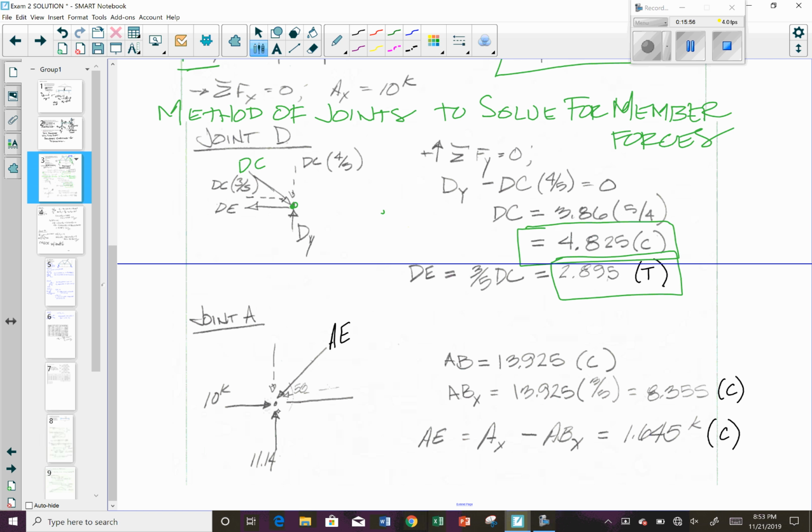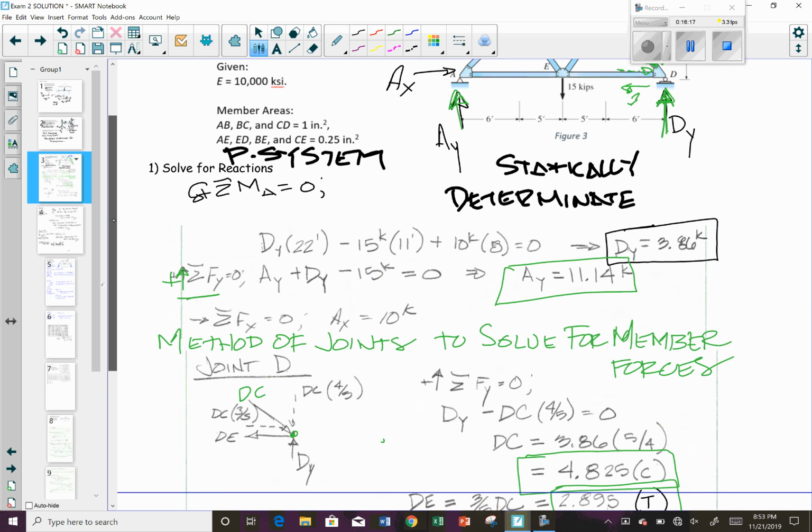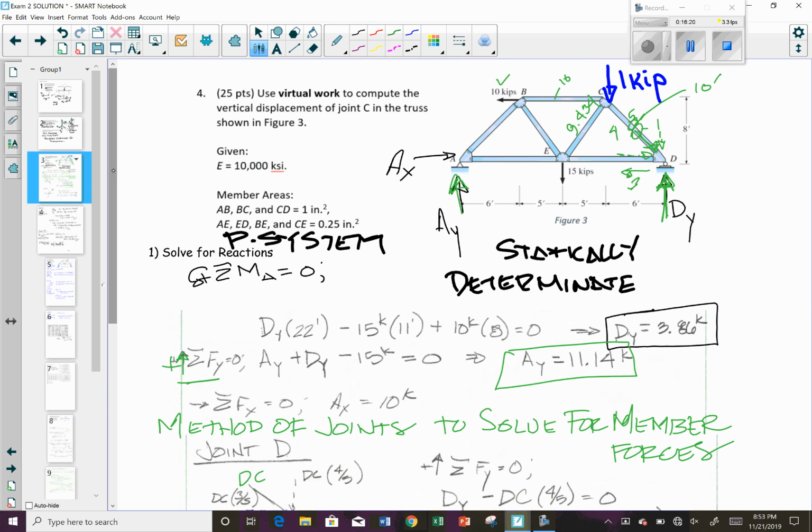At joint A, I've got the same sort of condition. I've got a 10 kip load in here, and we don't really know which way this one is going, so I'm just going to say it's going this way. This is going to be this angle coming back up here, if you want. This angle up here, to make it easier on yourself. If you don't want to do the 3, 4, 5, you could also, to check it, this is a 10,